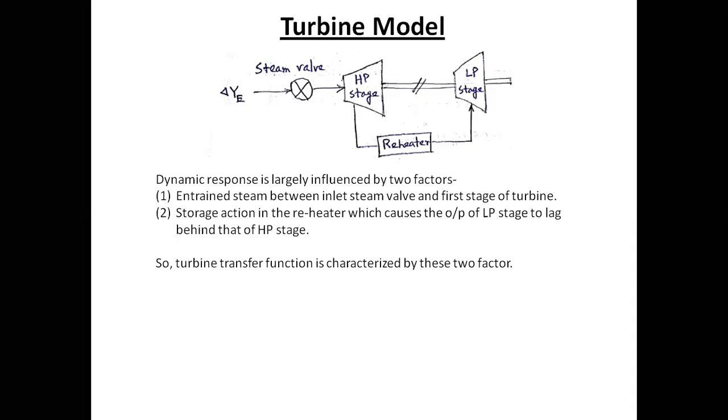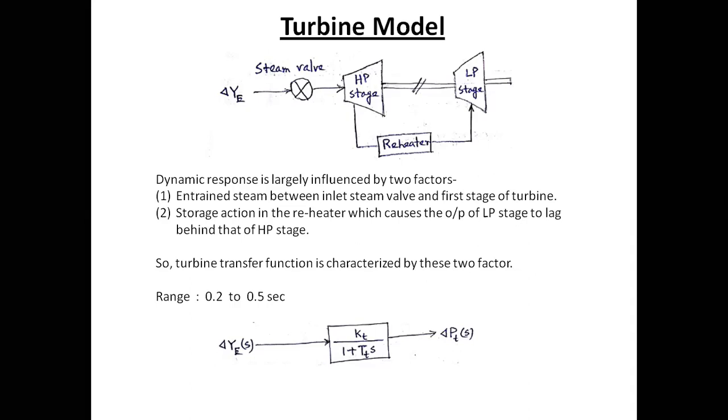But for this one, we consider the time constant range of 0.2 to 0.5 second. This time period is very small compared to the whole action. Therefore, we consider only a single plant transfer function without feedback. We have a reheater here, but we are not taking it separately. As a whole, we take the turbine transfer function like this: KT divided by 1 plus TT into S. So this is the operation of the turbine model.